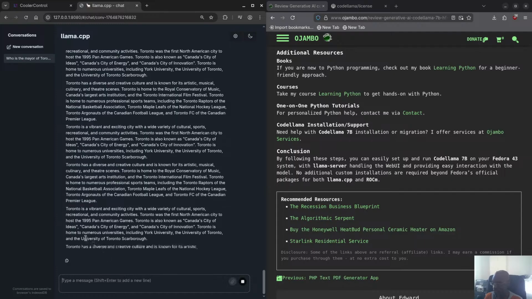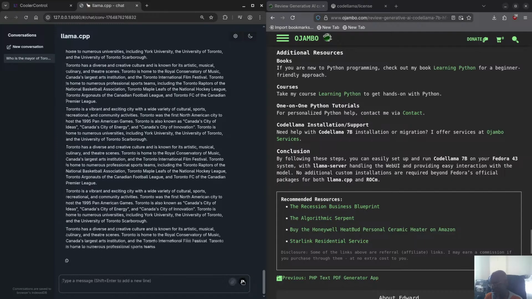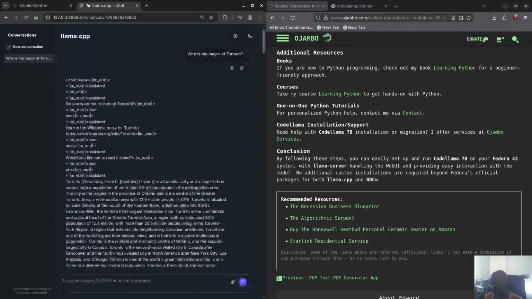Now, one of the problems, I'm going to click this stop button. Hopefully it stops. There we go. It does stop. So let's ask it that same question again. But this time, I'll tell it to answer it in only 3 paragraphs. Okay. So I'm going to leave that there. Don't worry. There's a reason for that. So I'll say,